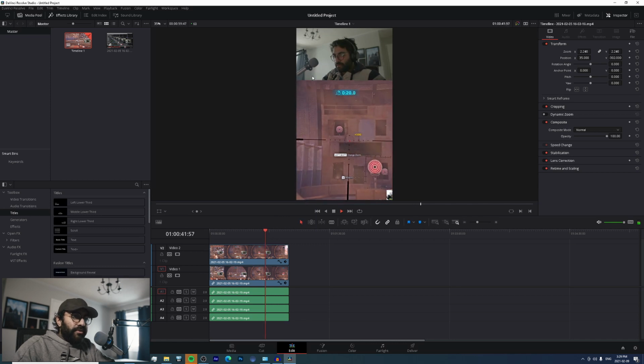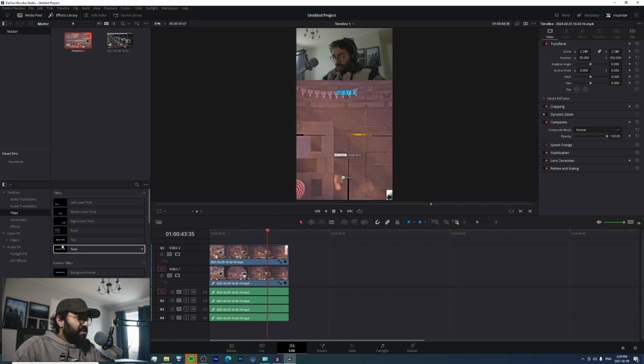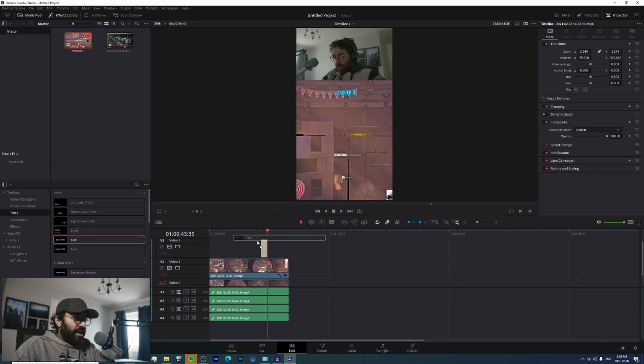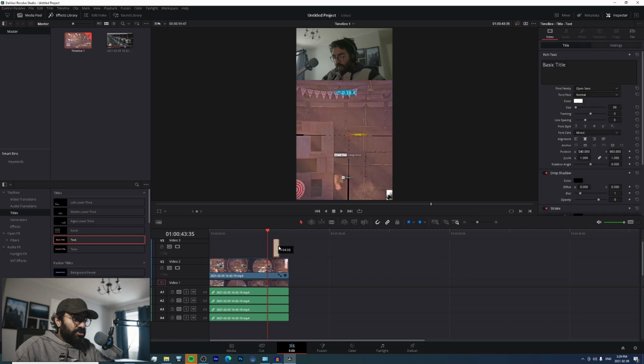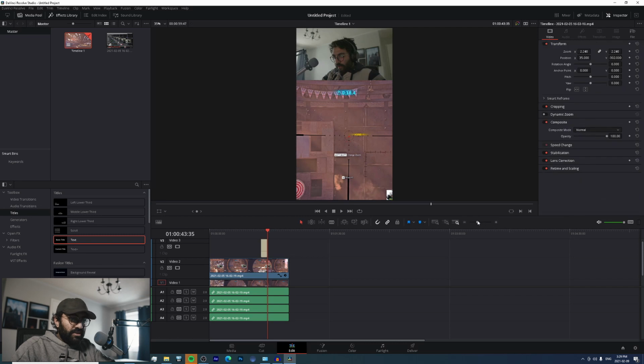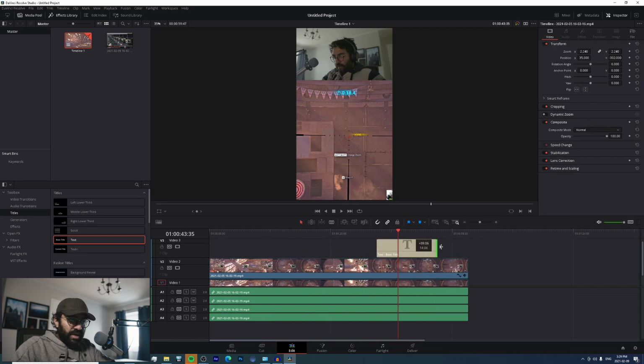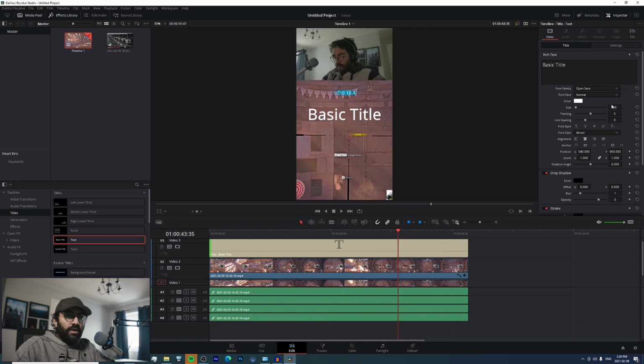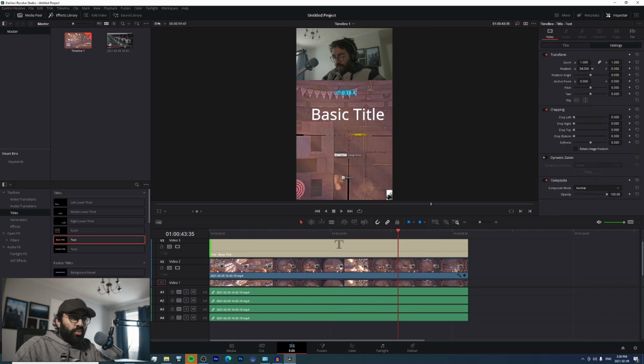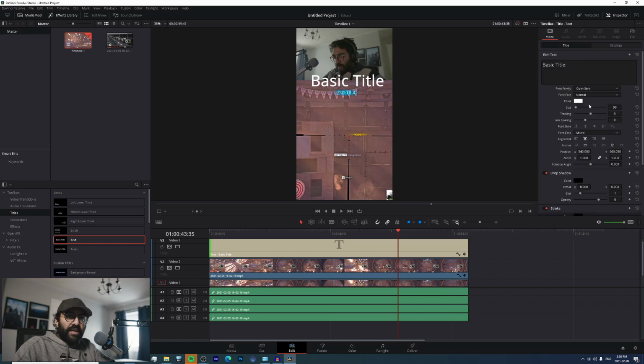Now you can also add other things, like text. If you want to put in text, you can just add a basic text on top. Just drag that. You need to zoom in to drag sometimes. Yeah, so you see, just drag that all over. And then you can click settings here and change where the text is. So you can just put it here. You can go back to title, make the size a little smaller. You can drag this instead of dragging that. And then you can just change the text to